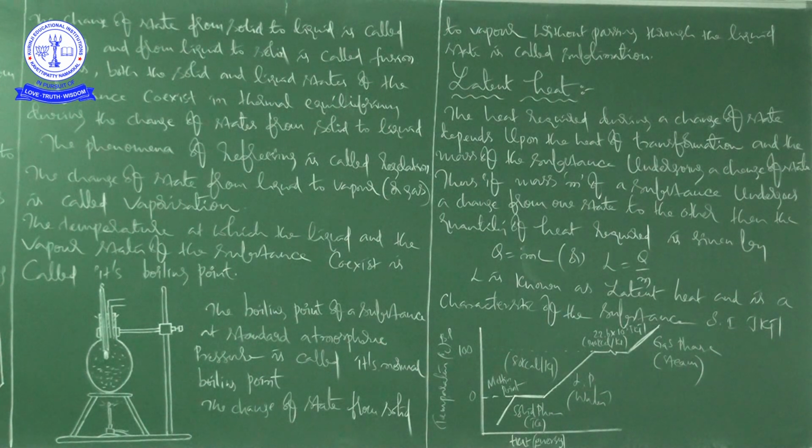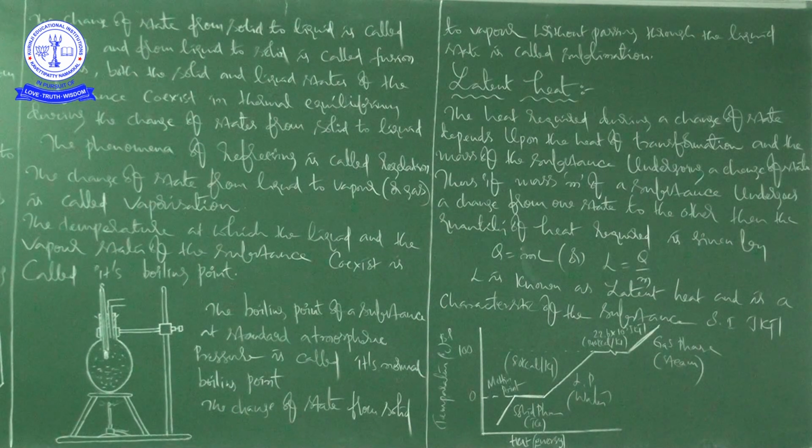Similarly here also, this is water and this is the steam. See, here there is a gap. So here what will happen? The liquid is converting into gas. There is no increase in the temperature, that is 100 degrees centigrade. So this is what you can understand from this graph.